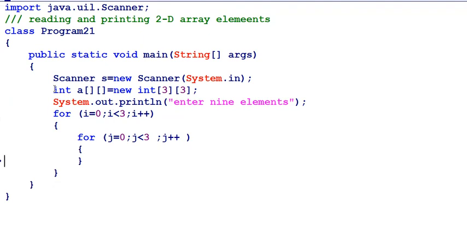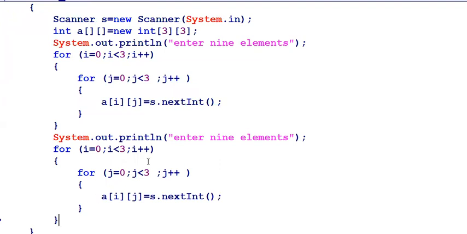Now whenever i is 0 and j is 0, the element will be accessed from s.nextInt(), and the read element will go to the position a[0][0]. The same will take place for the other positions.